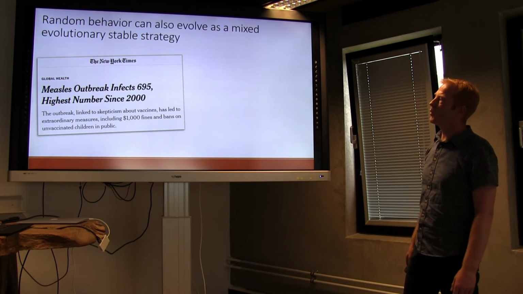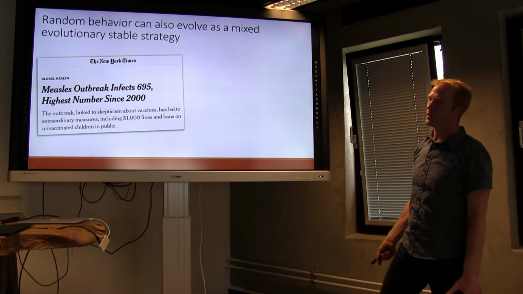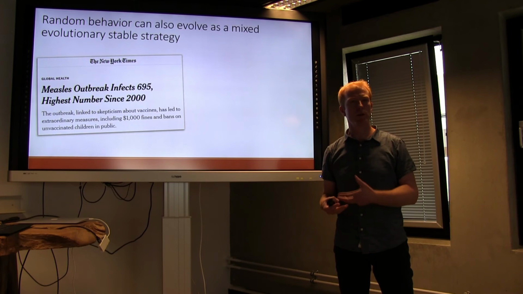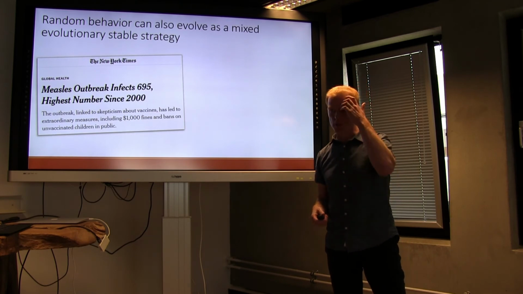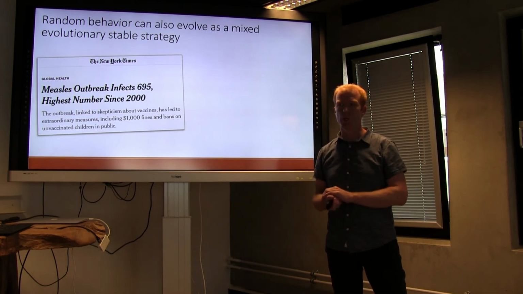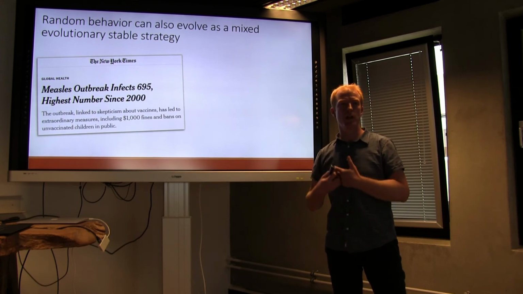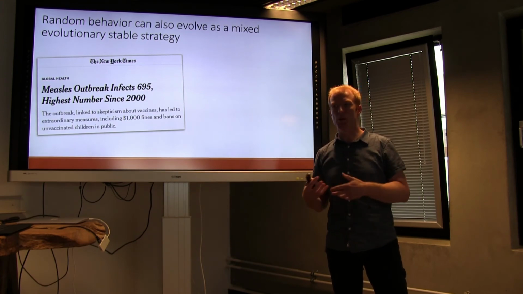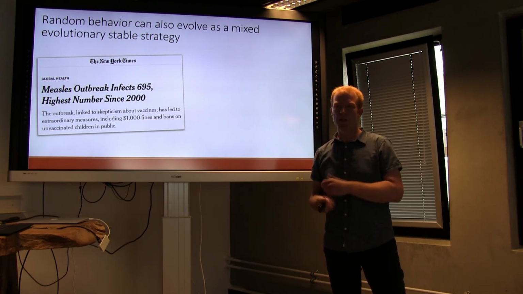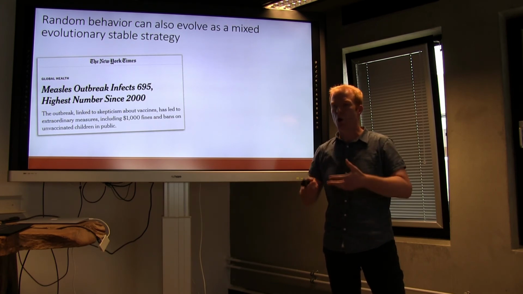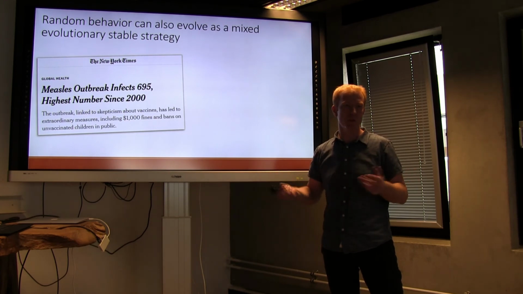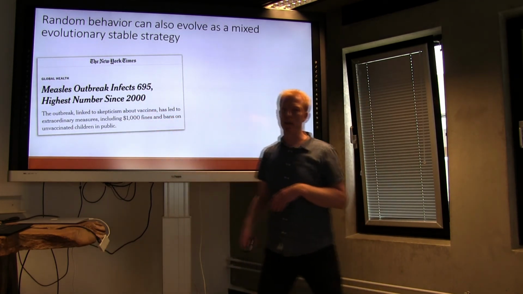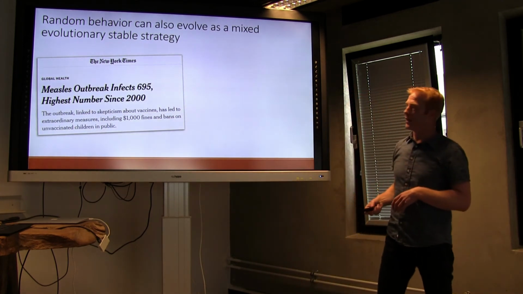Mm-hmm. Yeah. Then I will only say that in some cases in evolution you can't really talk about the optimal strategy being chosen, because it's more like game theory. The question is which strategy that you actually use is stable against other invaders. And that doesn't have to be anything in terms of optimality for a population or for the individual. So it's a bit like the measles outbreak now in the US. There is no stable way. If everybody is